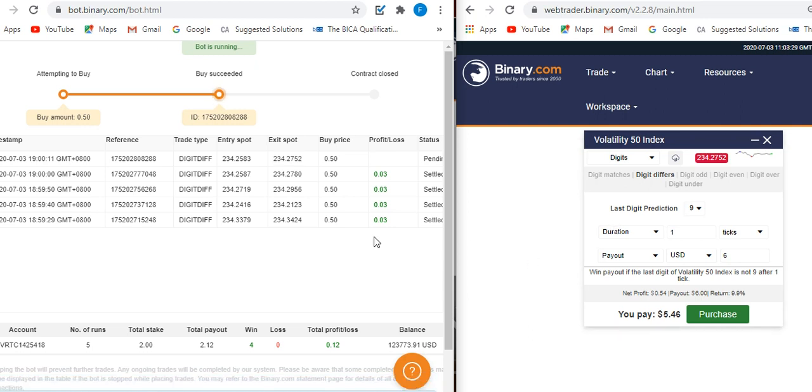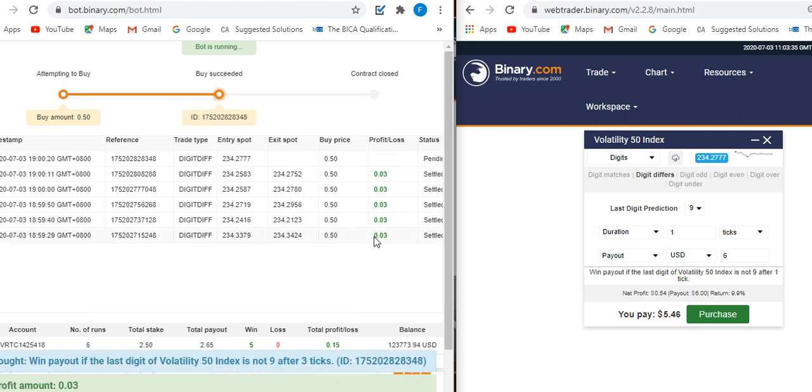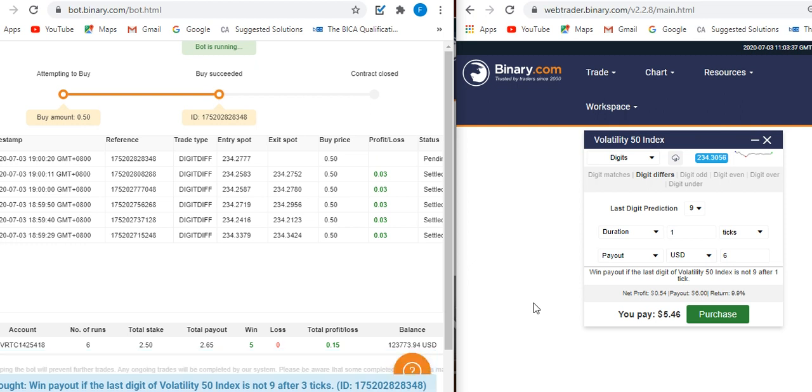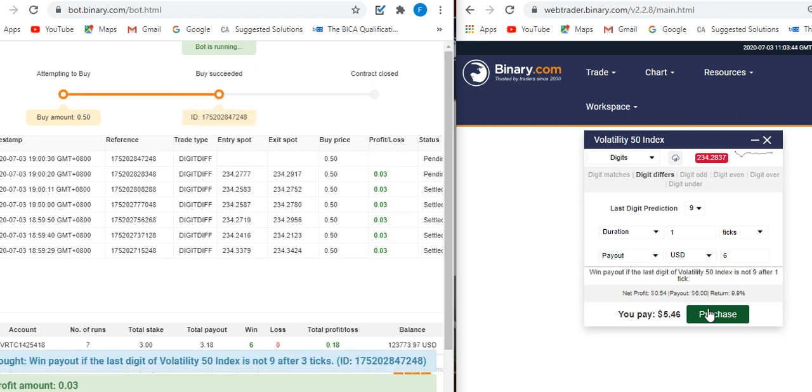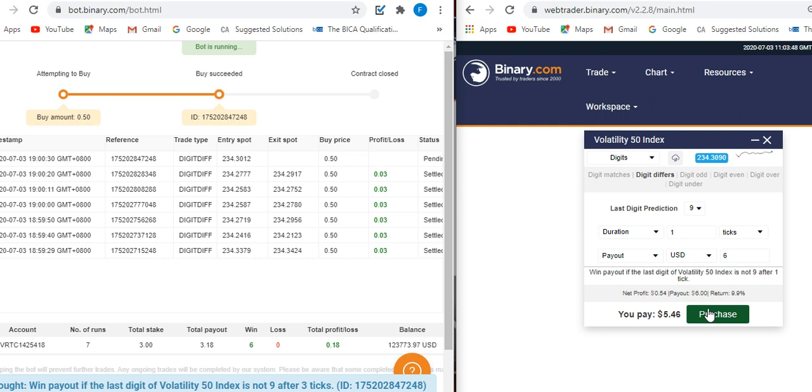But if you start with the bot, it avoids you having to click every time for each trade. So it also avoids time consumption. Only once your loss comes do you have to click here. So the bot is supportive, avoiding your manual trading on both sides. That's it.